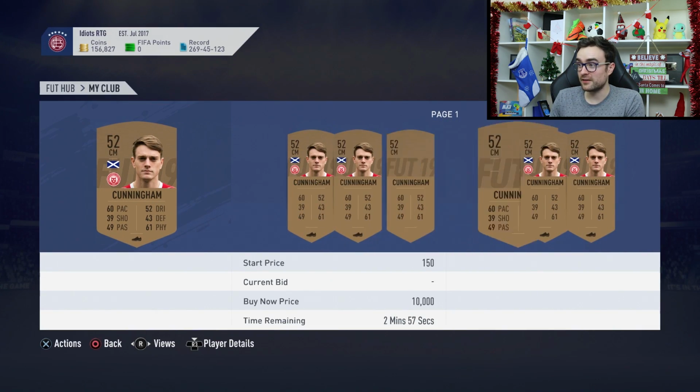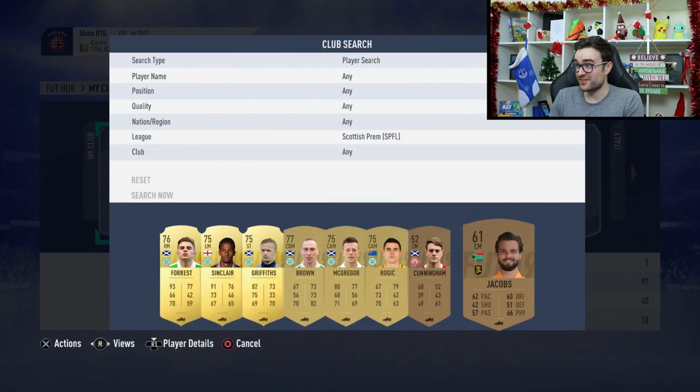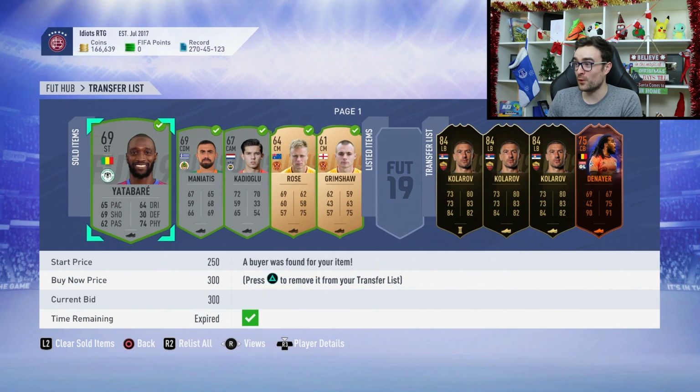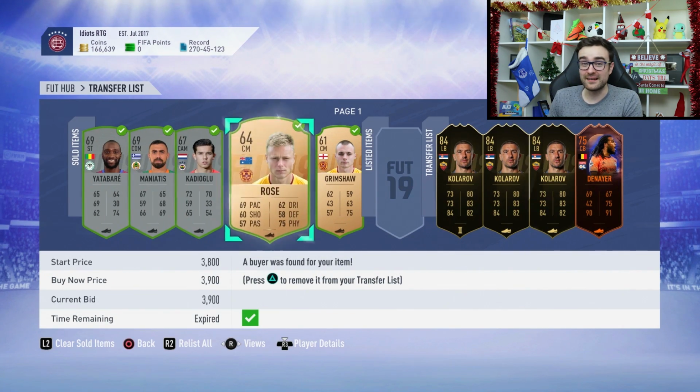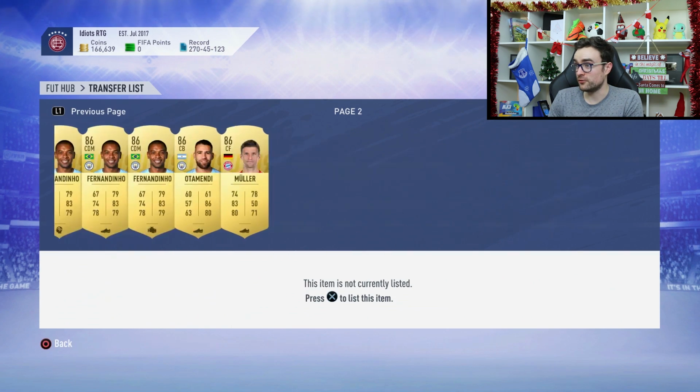I checked on FUTBIN last week, he was 200 coins, both of them were. Imagine you picked up like 10 of them each. Ridiculous amount of profits doing it. You just spent 2,000 coins and made 40,000 back off one of them. Ridiculous if you got 10 of them. Anyway, as you can see, they did sell as well for their absolutely ludicrous price, and we're up to 166,000 coins,